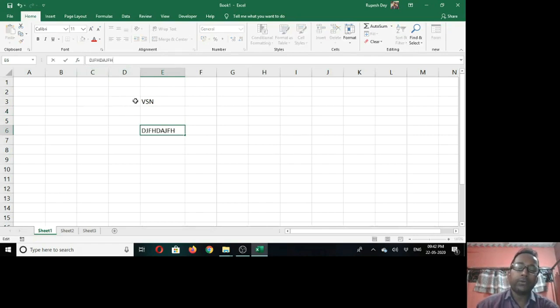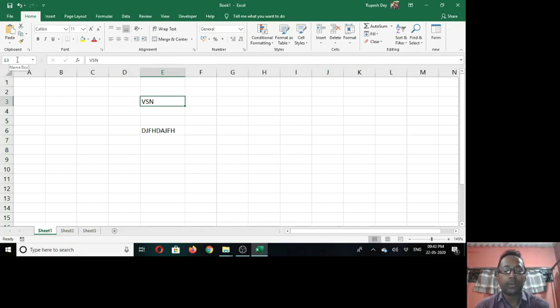And when you click on any cell, the cell's address will be displayed in this small box which is called name box. You just keep your mouse over this box. In tooltips, Excel will display the name of the box which is name box. So name box displays the address of the active cell. The cell address is the column and the row in which the cell is present. Like this cell address is B2. Why? Because this is the intersection of B column and 2 row, so B2. And first cell address is always A1.